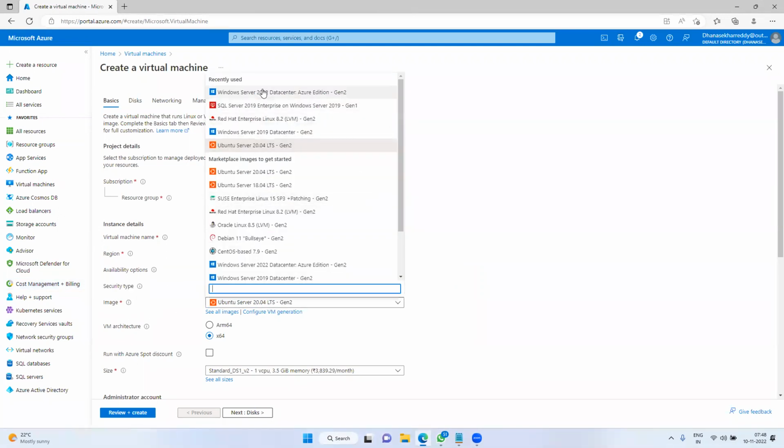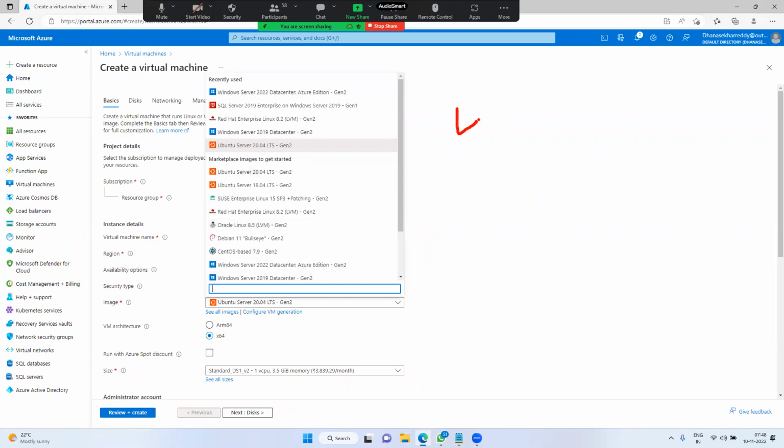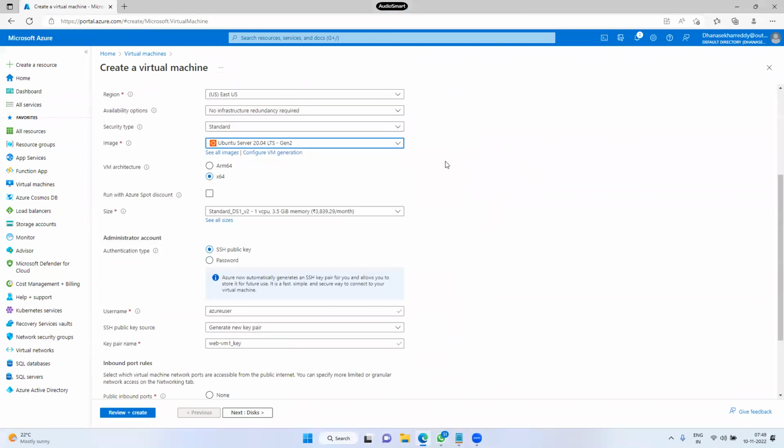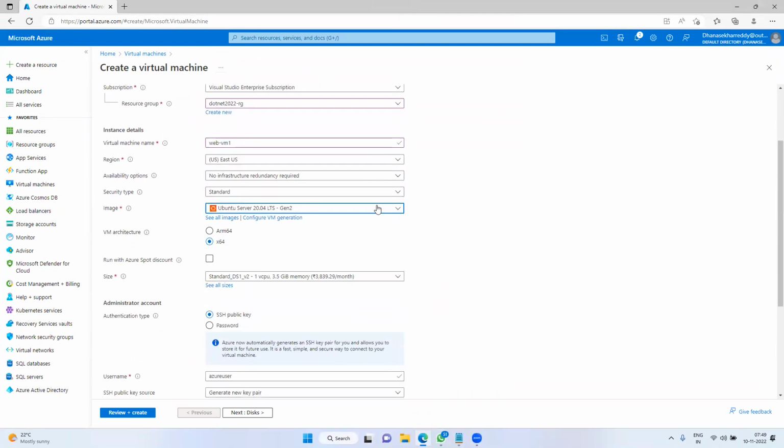As he said, we have different types of operating systems. One is Linux. Other one is Windows. If you see here, we have Windows Server 2022, 2019. Next, we have 2016. Now scroll down.